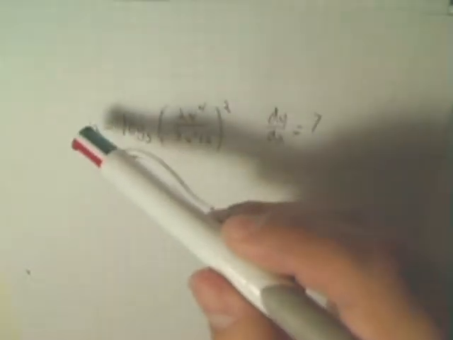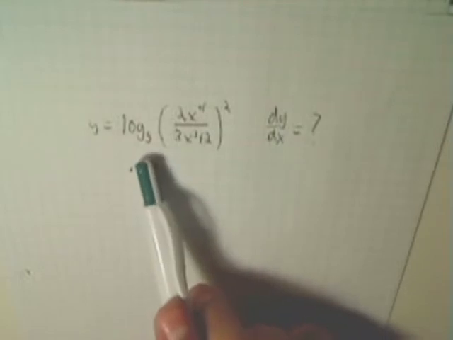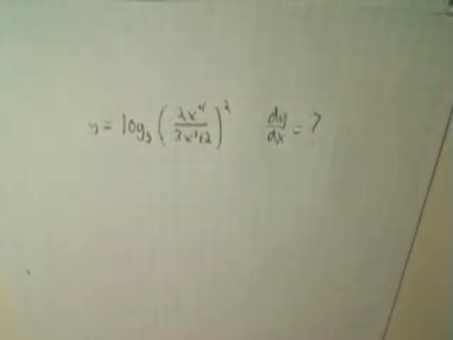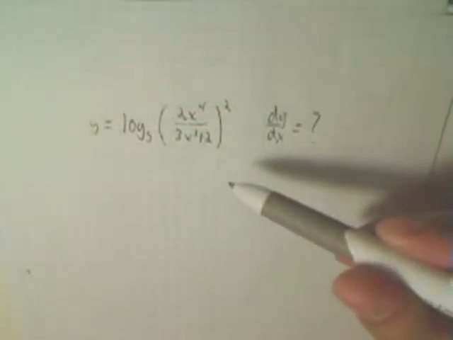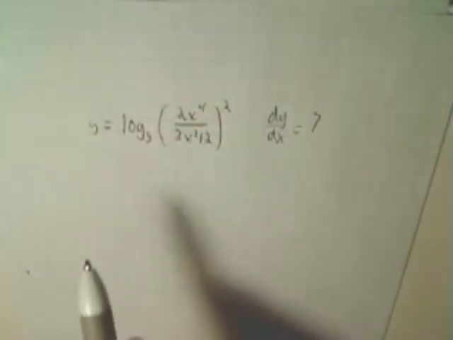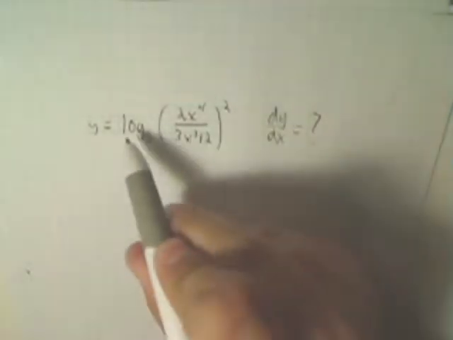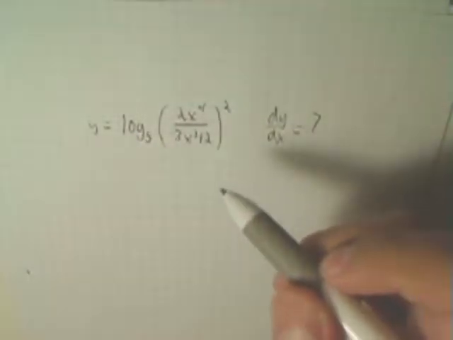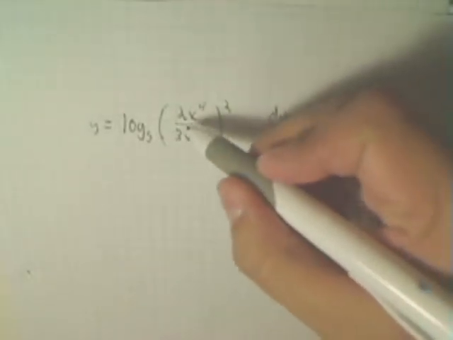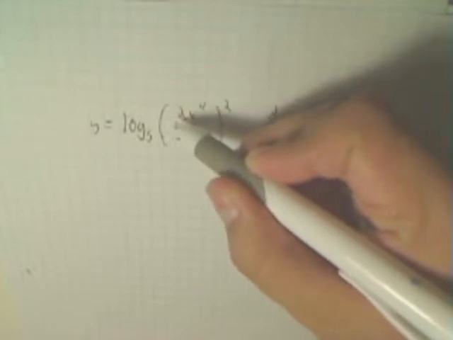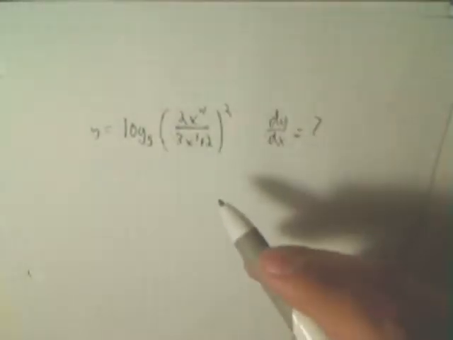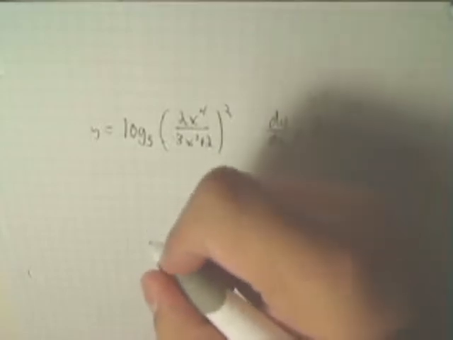We are given the expression y equals log base 5 of (2x to the fourth over 3x to the third plus 2), all squared. So, using our log rules, we can immediately separate this out so that it's easily differentiable. We bring the 2 to the front, and we separate the dividend and the denominator using log rules. This gives us